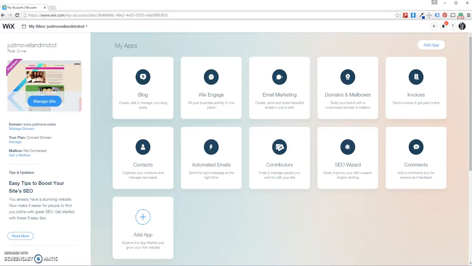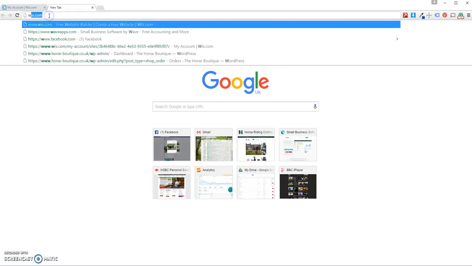So this tutorial is going to show you how to add a page on Wix. Very simple, and this is just so that you can add things if you want to add a new page about anything else you're doing, or if you want to add a bit more information onto the website but it doesn't have a natural place to fit in the current structure. So I'll just show you first of all